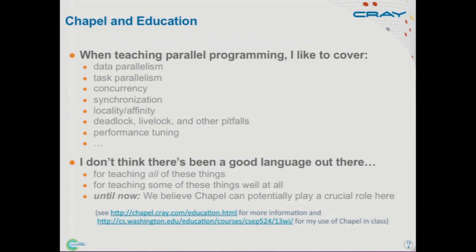So in my class, I used Chapel, and I also used conventional technologies. I would teach them MPI and then Chapel, OpenMP, and then here's how you do that in Chapel. For a lot of the things, we made them do one assignment in each technology, but then we would give them their choice for a third. Like, you can do this one in either OpenMP or Chapel. You can do it in either MPI or Chapel.